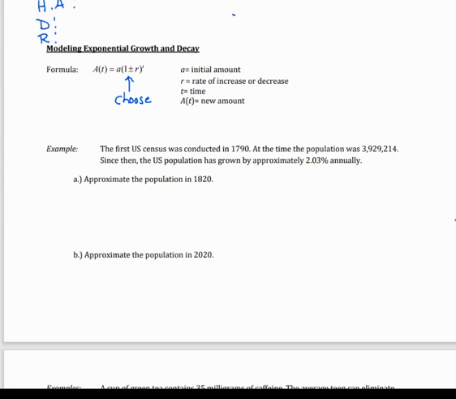census was conducted in 1790. At the time, the population was 3,929,214. Since then, the U.S. population has grown by approximately 2.03% annually. Approximate the population in 1820. So what we need to do is we're trying to approximate the population. So we don't know A of t, but we do know the initial amount. So that little a value will be